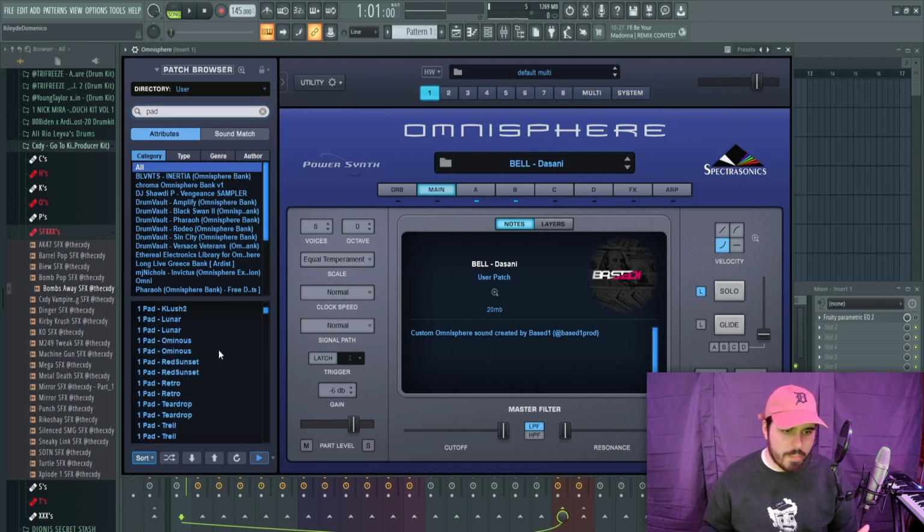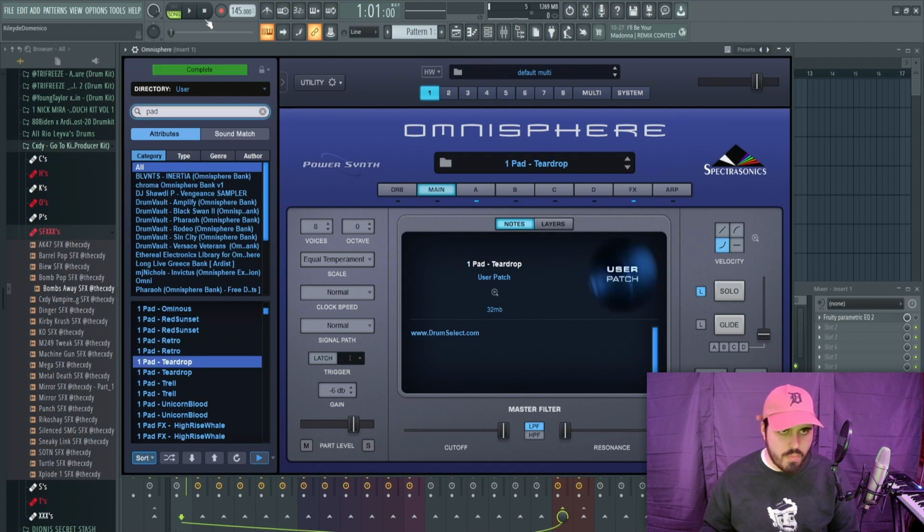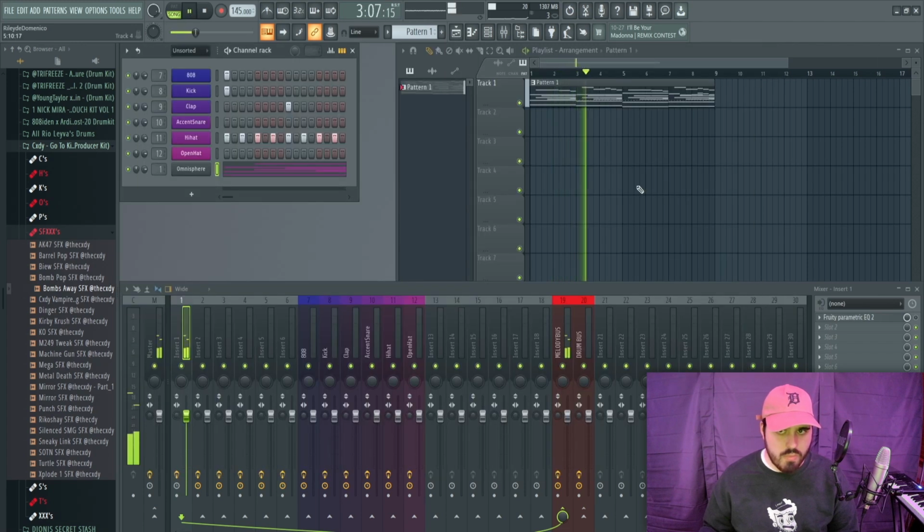This probably wouldn't work on a pad, to be very honest with you. Yo, I stand corrected, that actually sounds really good on the pad, but that sounds more of like a backing track. So going back with that soft versus harsh sound thing that I mentioned earlier, you can use this when you're selecting the sounds you want to use for your melodies, because typically you can listen to the composition and